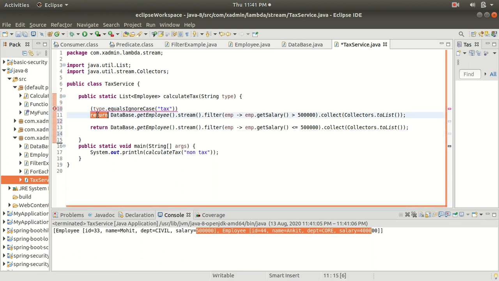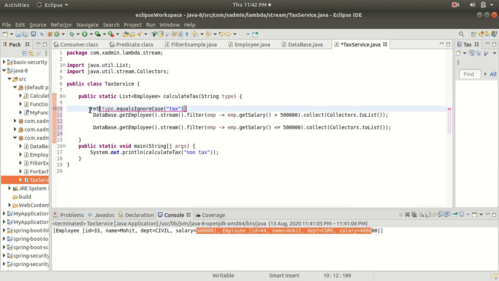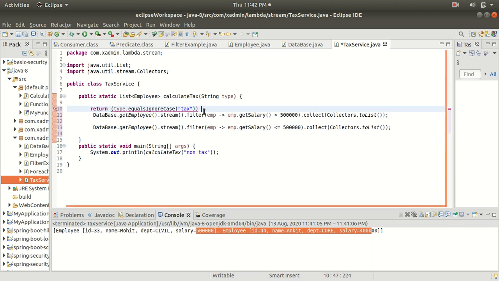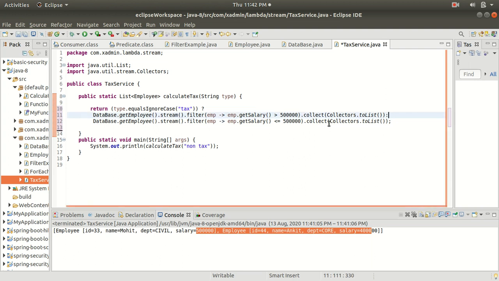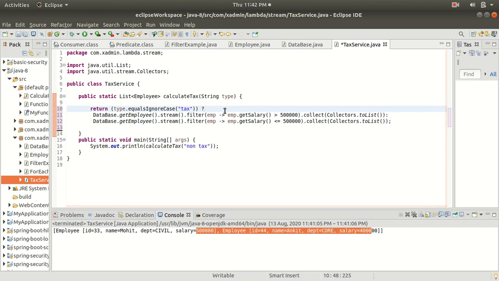Let's remove the multiple return statements, and here we can directly return. Here we need to pass, if this condition is true, then it will return this, or else part, here let's add. So if this condition is not true, then it will return the else part here. All right. So here you can see that I have added the ternary operator, and you can see that I have reduced the code.